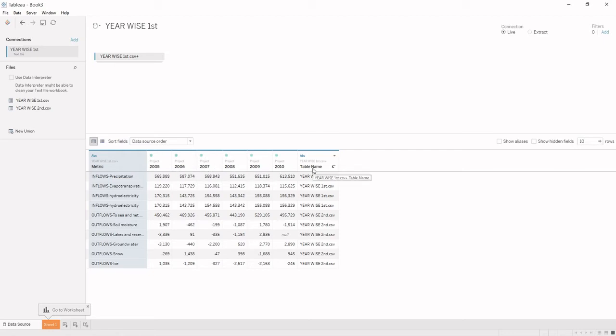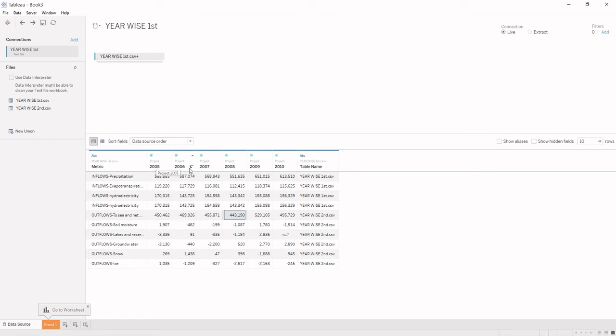And the next column is a column that came due to the union of two files. When we do the union of two files, the system creates a column as a table name, which shows that some of this data is coming from the first file and some of the data is coming from the second file. After merge mismatch fields, the data of all the rows is combined together in a correct manner. But still we can see we have 6 columns defining their year-wise data.